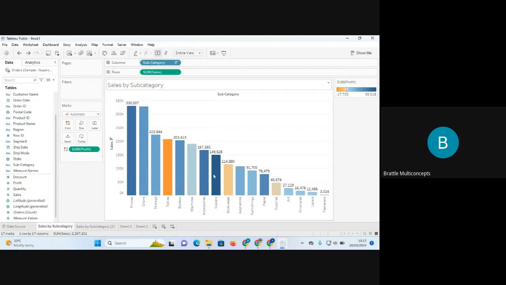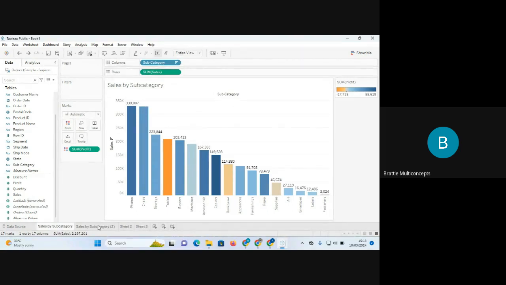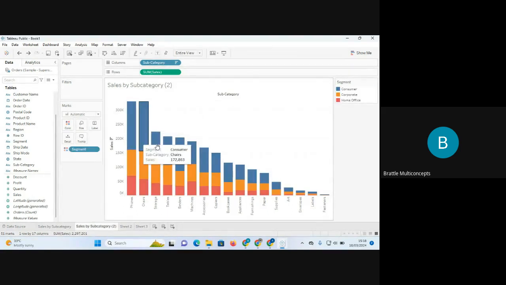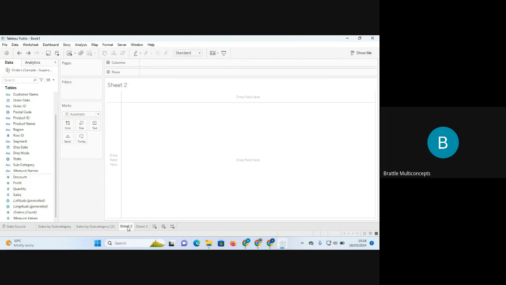So let's leave this column chart for now and try something else again. So now we are able to analyze sales by category, and we are able to break it down into segments. At the same time, we can see it from a profitability perspective. Now let's select another sheet. This time around, let's quickly create, let's analyze